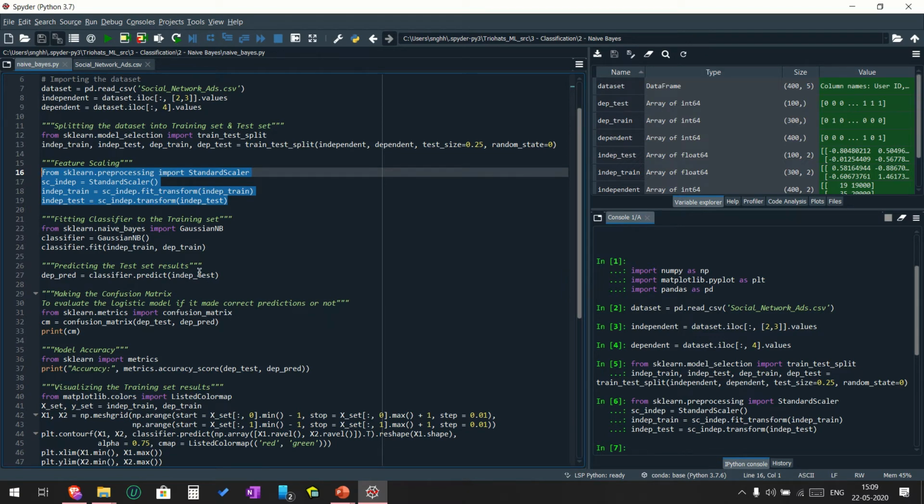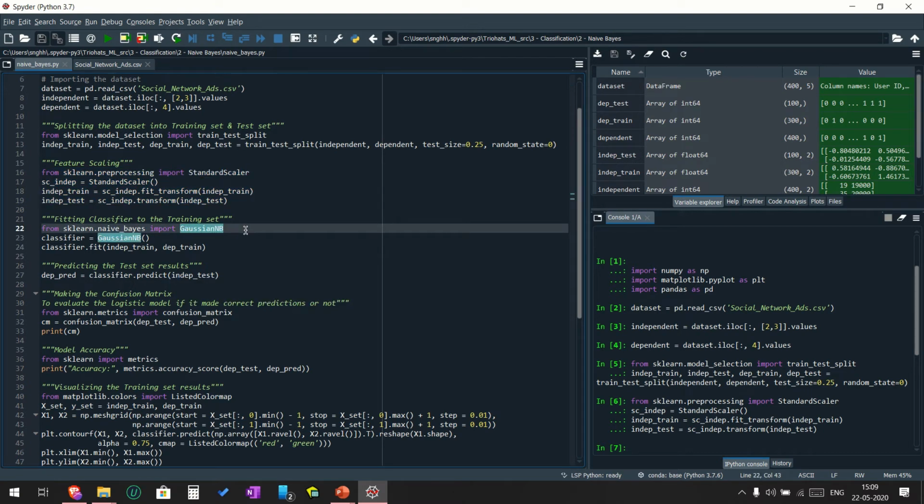Now to fit the model, we'll use the sklearn.naive_bayes library, and from it we'll call the GaussianNB method, which is the name of the naive Bayes, and store it in a classifier object. Then we fit the GaussianNB with the independent training set and the dependent training set.